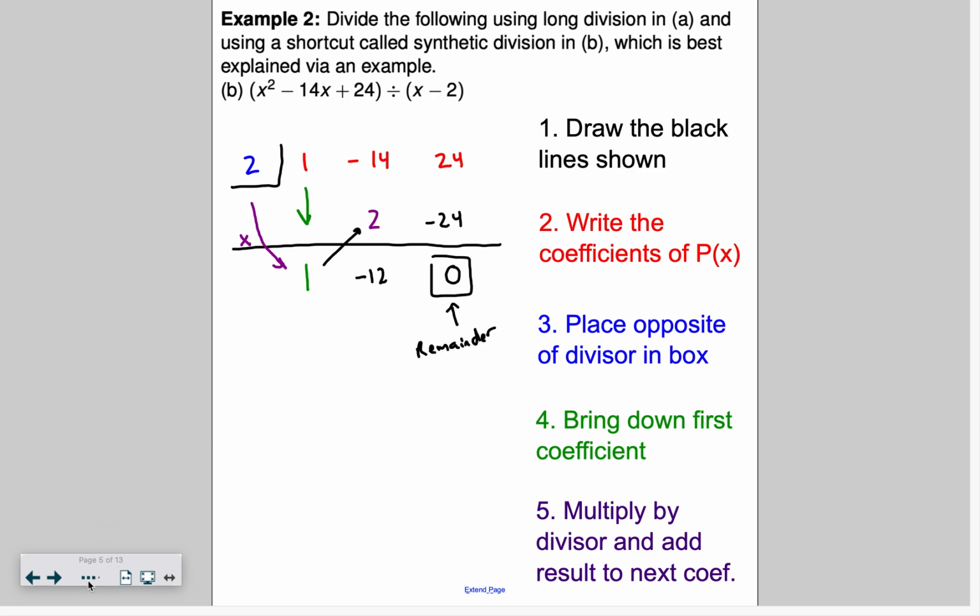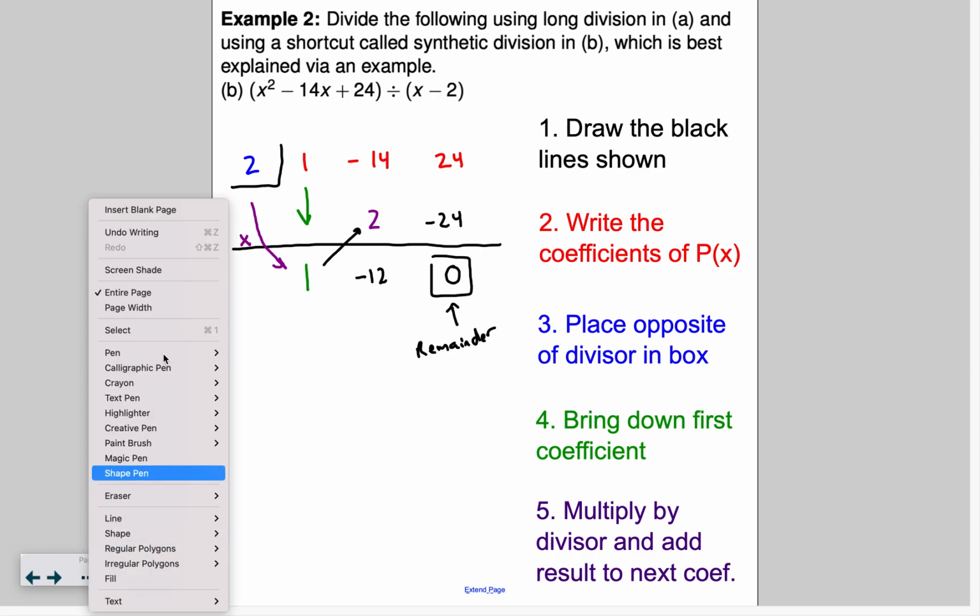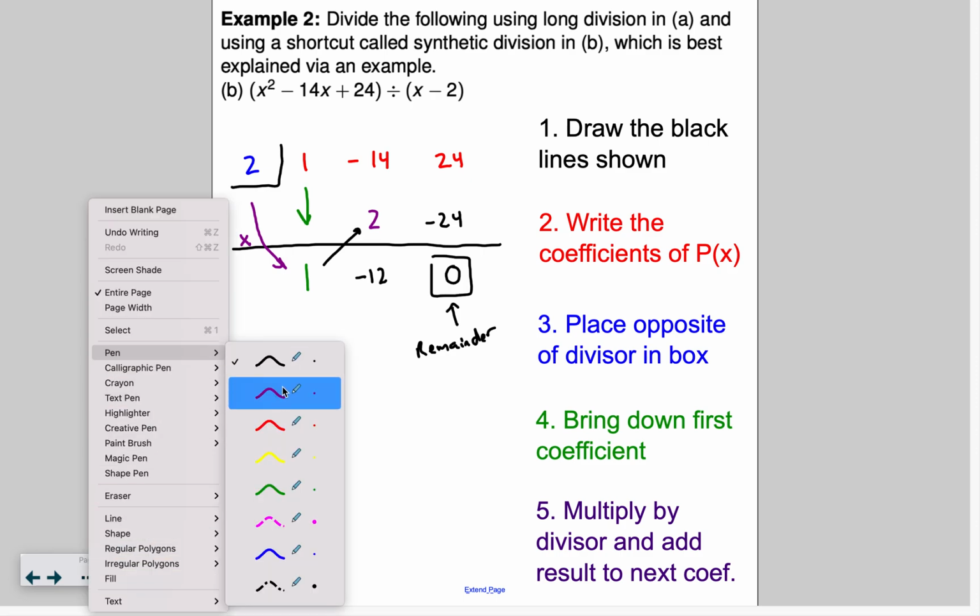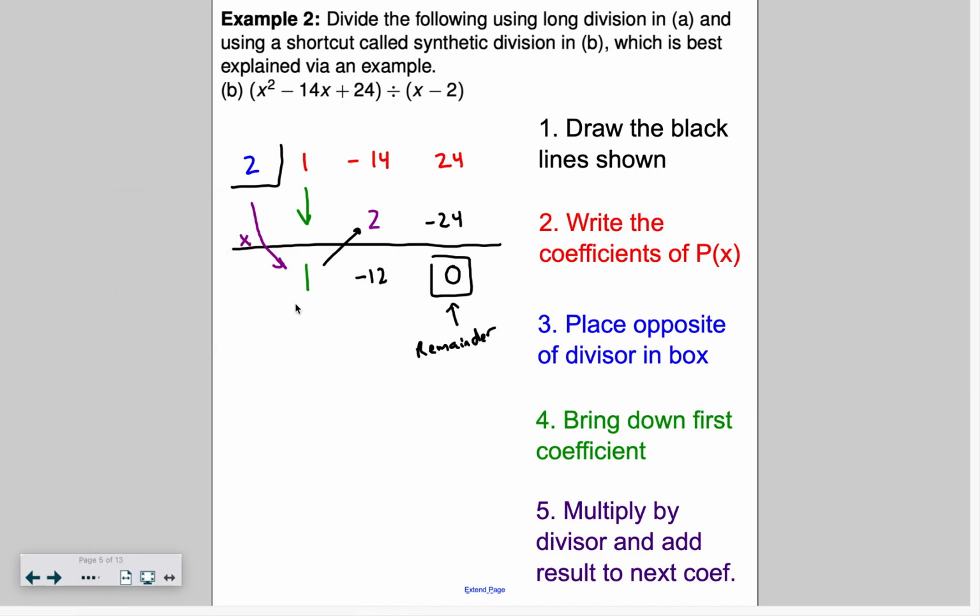What is our solution, you might ask? Our solution has to do with the two things that are written down here. These two numbers give us our solution. This number is our constant term, and this is our x to the first, and if we were to continue this way, it would be x to the second, x to the third, and so on. So our answer, or our quotient in this case, is q of x